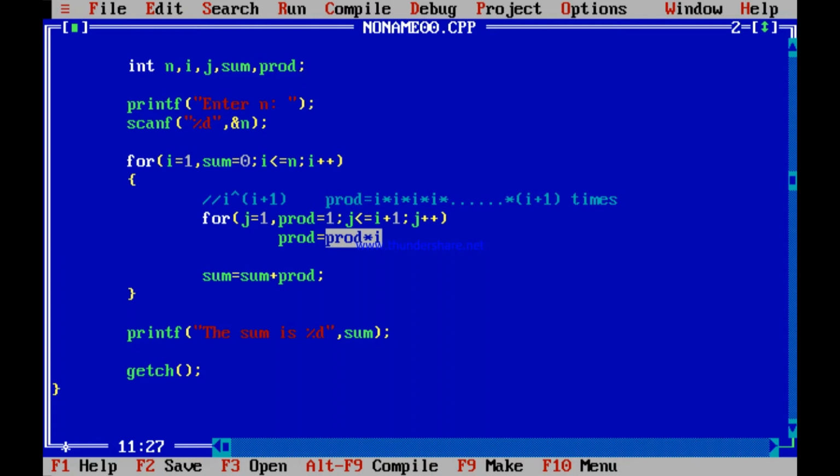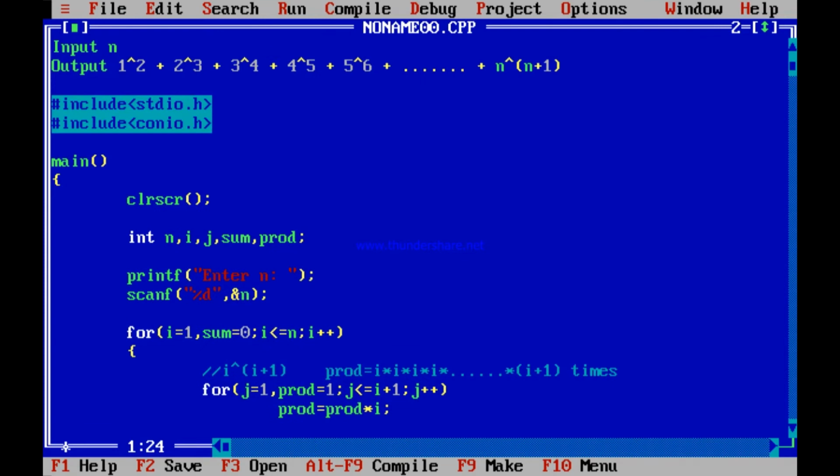I think you understand this program very well. In this outer for loop, I have forgotten this semicolon over here, see. Okay. So every time you are executing this outer for loop I equal to 1 to n, which means this loop is iterating n times. Every time in the loop, what are you doing? You are taking another counter j from 1 to I plus 1, which means I plus 1 times this I is getting multiplied, which means I into I into I into I is happening I plus 1 times. So every time I to the power of I plus 1 is being computed and being added to sum, so that sum is being printed at the end.